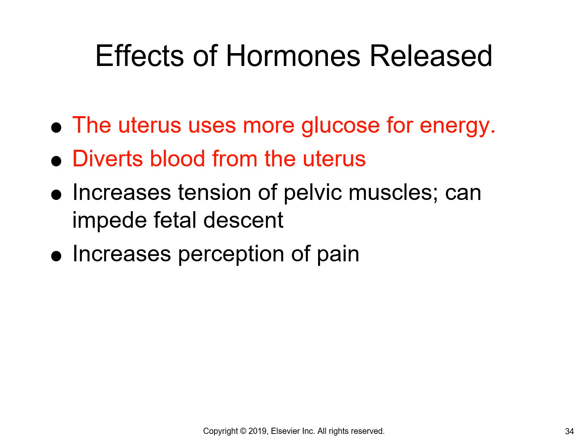Again, when we talked about pain, what we said is we want to control that pain to help them have a smooth labor process, smooth delivery. Because if there is stress, if they're tense, there are hormones being released, there's increased tension in the pelvic muscles, increased perception of pain, then that labor is not progressing smoothly, it can prolong that process. Okay,